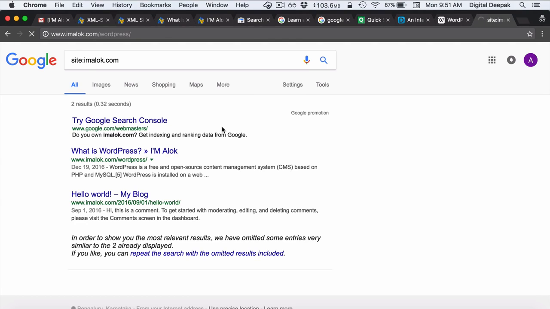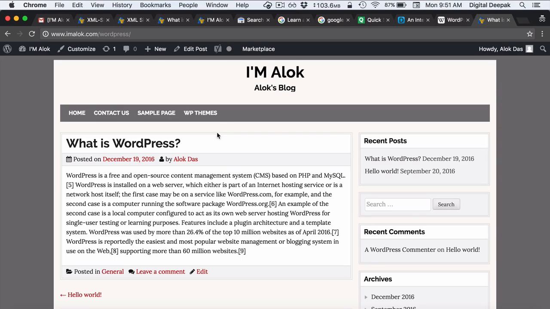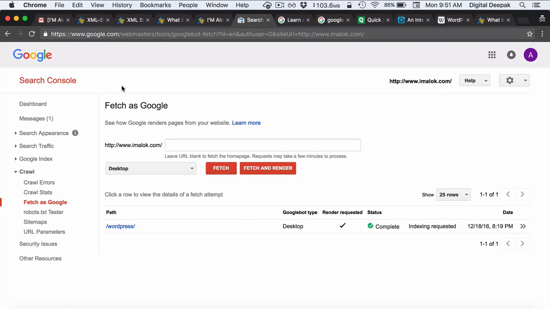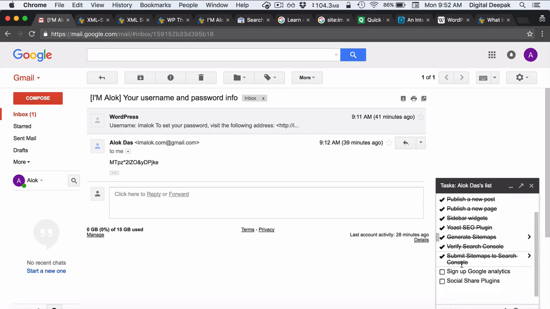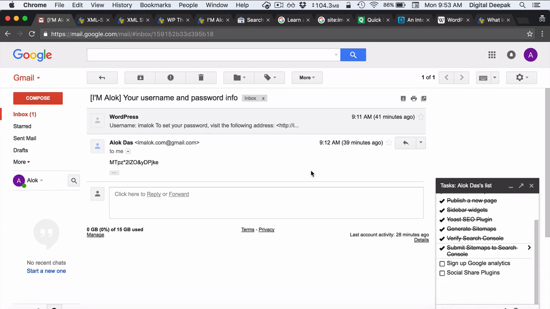If you click on it, it will go back into the blog, and this is a very important SEO step. If you want your pages to be discovered on Google, then obviously you need Search Console and you want to get these pages indexed. So where are we right now? We have generated sitemaps, we have verified our blog on the Search Console, we have submitted the sitemaps to search engines, and one thing we can do is go ahead and set up Google Analytics.